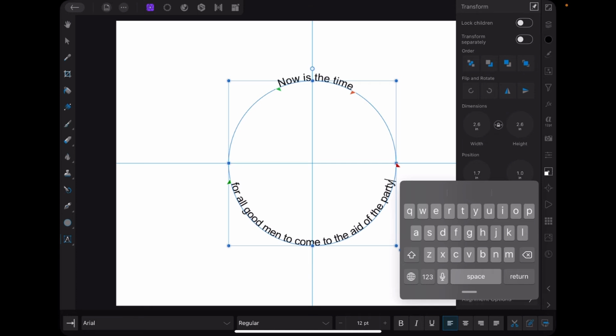Now is the time for all good men to come to the aid of the party. But you look at that and you think, but now is the time is on the top. I want it inside. Aha! Make sure your artistic text tool is selected. Now, touching the end of the words,